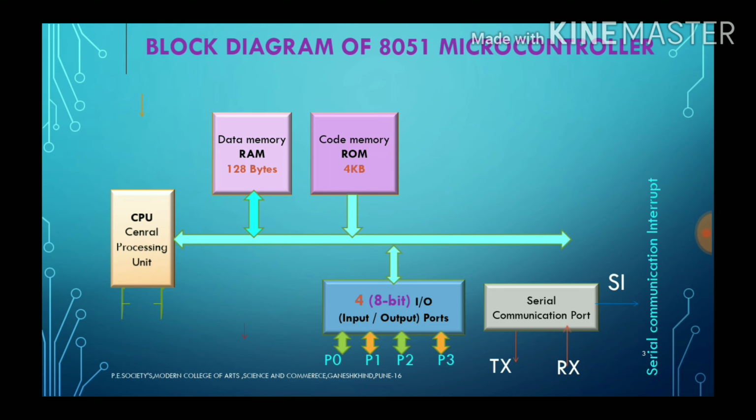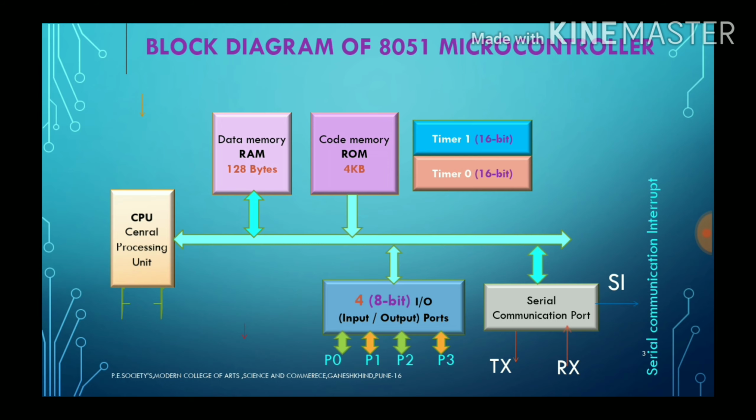This serially communicated data should be communicated in parallel inside the system, and that's why a parallel bus is connected to the serial communication port inside the system. Along with these IO ports, sometimes timing or counting applications are required. In that case, we need a timer facility or counter facility.